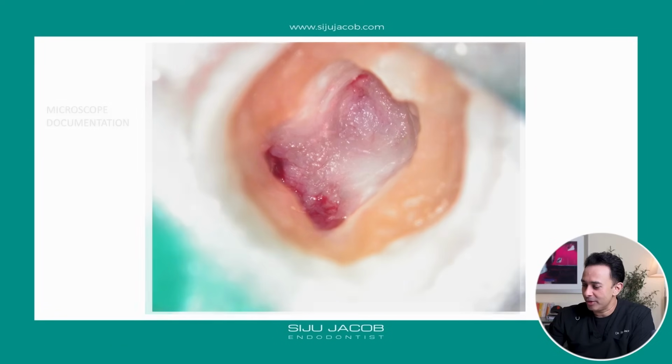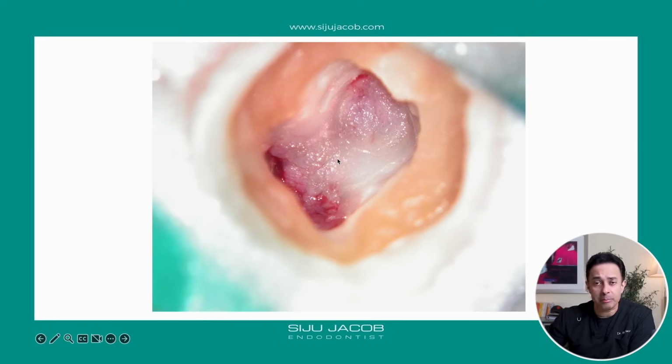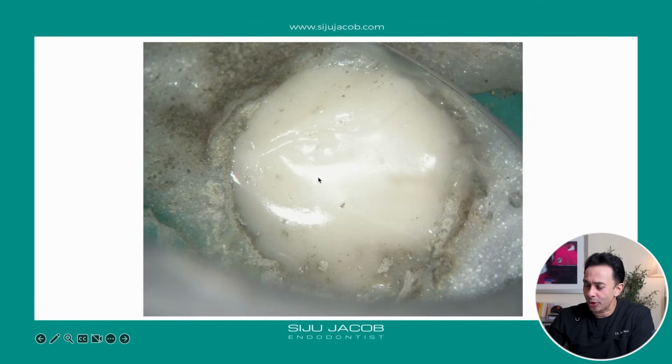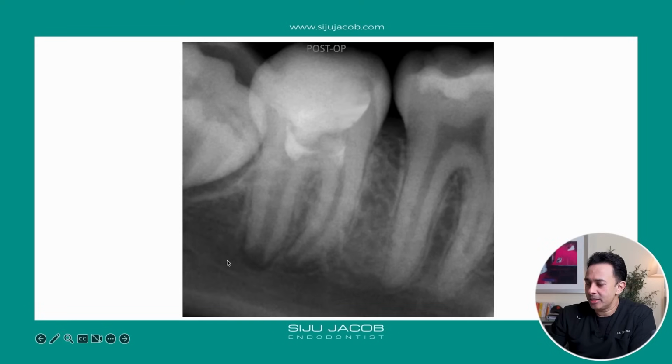So what we do in this particular case is we cover the radicular pulp with a layer of MTA, which is what we did, put some gray MTA there, and then I put a cotton pellet over that and close it with glass ionomer cement. The idea was to leave it alone and then recall the patient after a week or 10 days, check the hardness of the MTA, and then put some composite resin over that. But then this is how the patient left the clinic. You can see here, that's the MTA, and then there's a cotton pellet over that, and then there's glass ionomer over that, which was meant to be like a temporary filling.